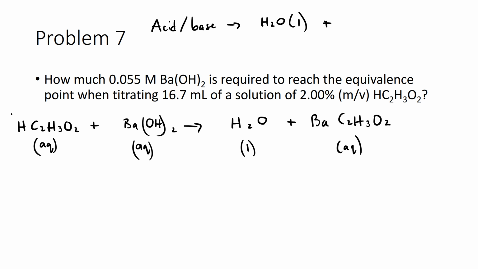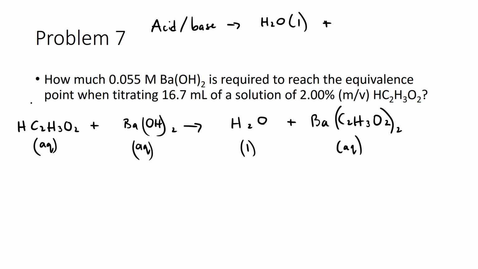Let's go ahead and look at the charges on these. Hydrogen is +1, acetate is -1. Barium has a +2 charge. Hydroxide itself has a -1 charge. Water we don't have to worry about because we know it's balanced already. Barium is +2, and because acetate is -1, we're going to need 2 of them to balance out the charge on the barium. So now that those charges are all balanced, let's go ahead and balance out the number of